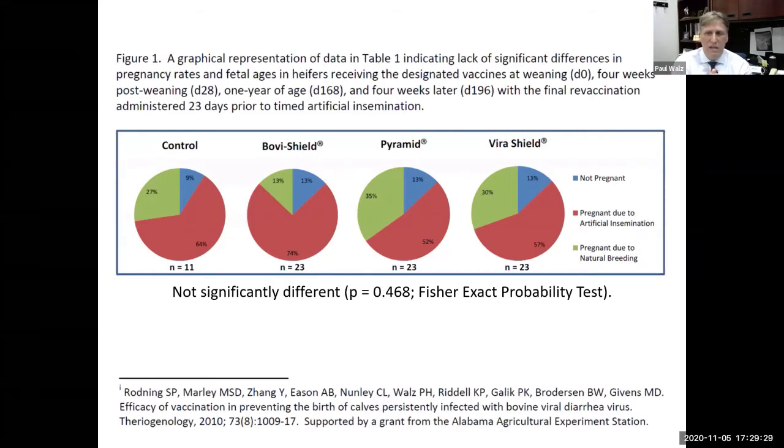And so this was never published in a manuscript, but this is an example of where cattle that have been immunized, vaccinated 4 times prior to breeding, had no difference in their pregnancy rates with a timed AI and a bull breeding program. So it does emphasize how important it is to get these animals properly immunized before that shot given right before